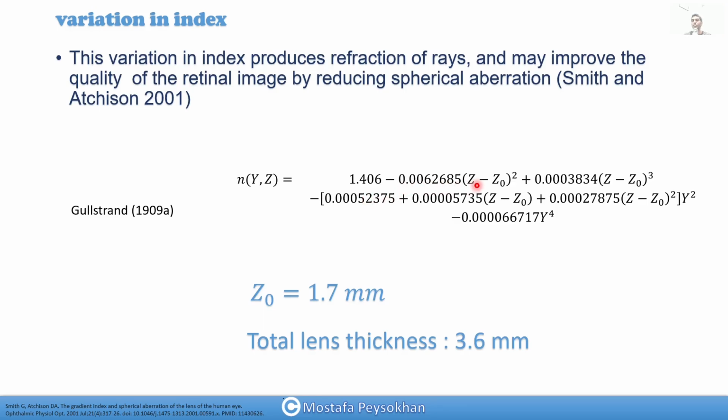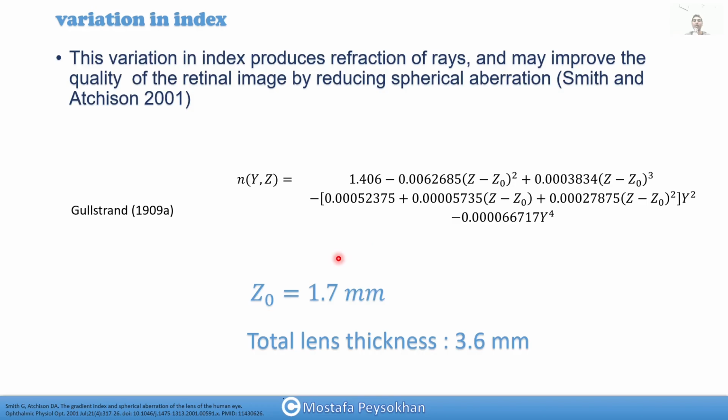And for each power, we have a coefficient: z minus z0 to the power of 2, z minus z0 to the power of 3. And then we have another coefficient, with y to the power of different numbers, and we don't have any y to the power of 1, 3, 5,